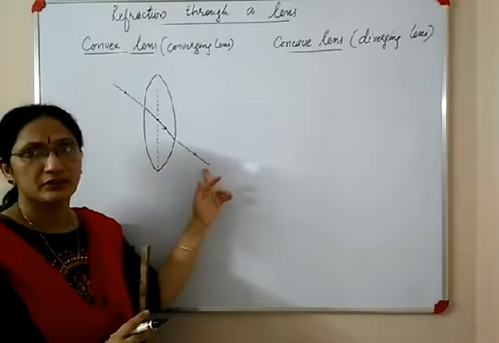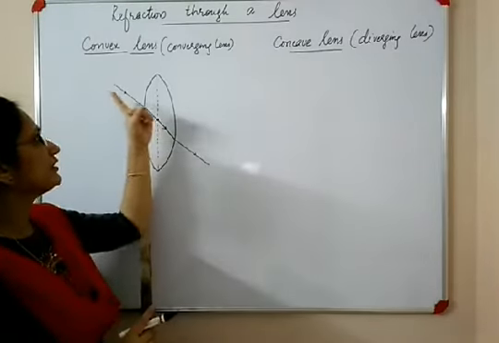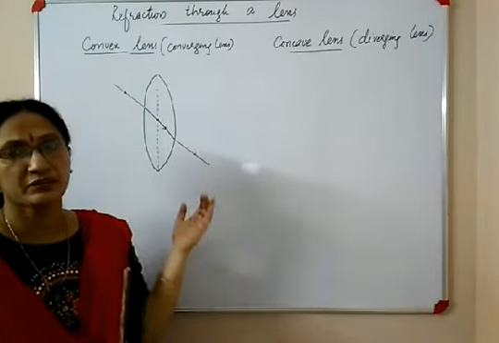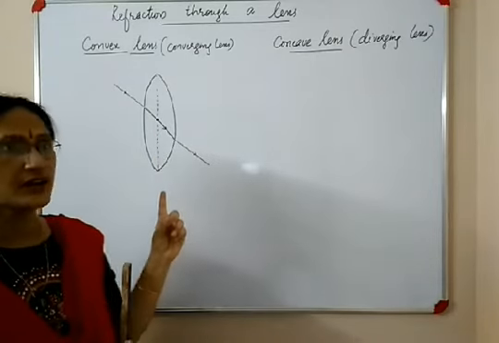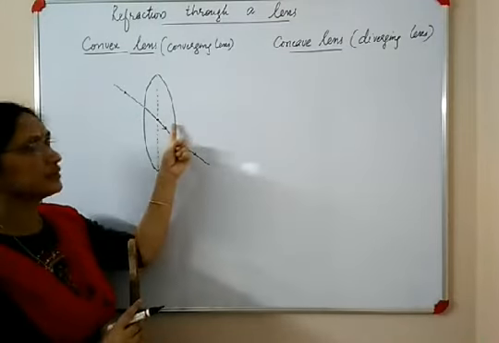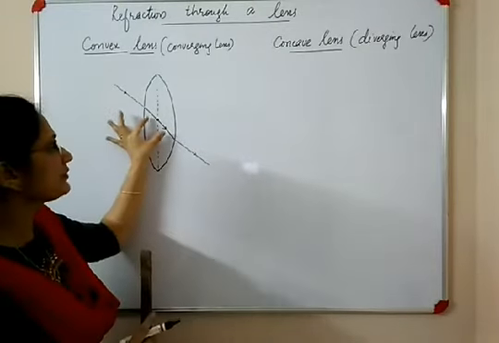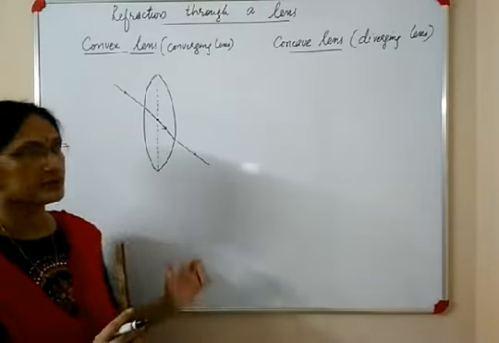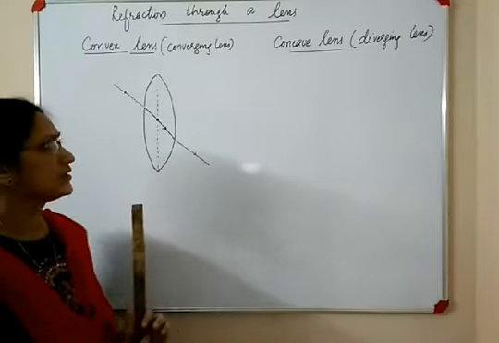But when we make the diagrams, usually we show the incident ray and emergent ray. We skip the refracted ray. This dotted line shows the diameter of the lens. Usually lenses are very thin. Here in my diagram I have shown the lens with this much thickness, but a real lens will not have this much thickness. So this refracted ray we ignore, and while making the diagrams only the incident ray and emergent ray will be shown in all the coming diagrams.